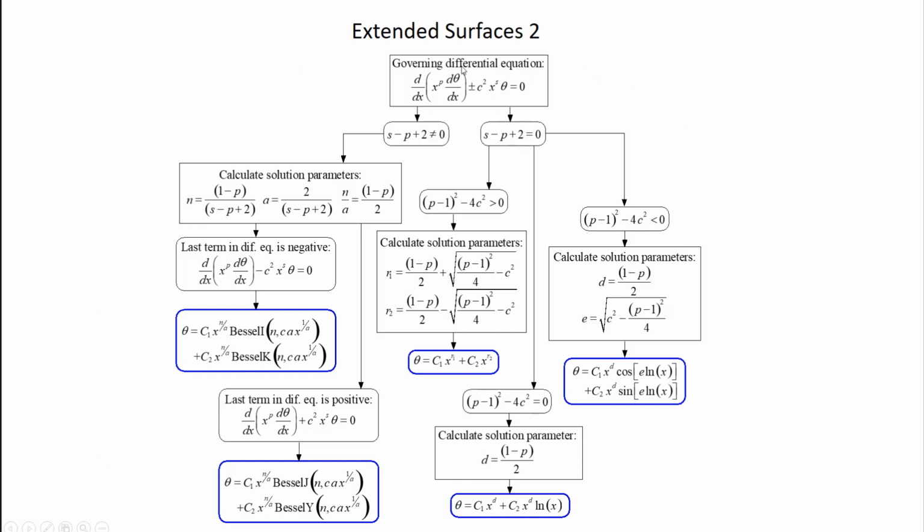So here's my governing differential equation. This is Bessel's equation. I have to basically follow this flow chart. So the first step in the flow chart is I decide, is s minus p plus 2 equal to 0 or not, right? If it's equal to 0, then I follow this path. There's some other things I have to calculate. If it's not equal to 0, then I follow this path. Most of the time it's not equal to 0, so most of the time you're over here and you calculate some solution parameters, and depending on whether the last term is negative or positive, you get modified Bessel functions or